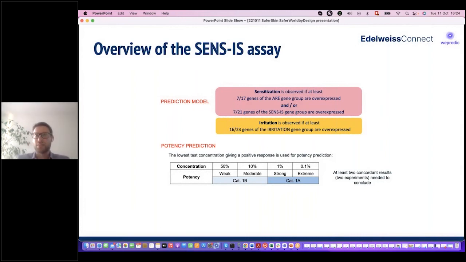And the aim of this potency prediction is to find the lowest concentration that causes an overexpression of the panel genes, and with this you have your prediction. So if we look at the results we had with the first compound,